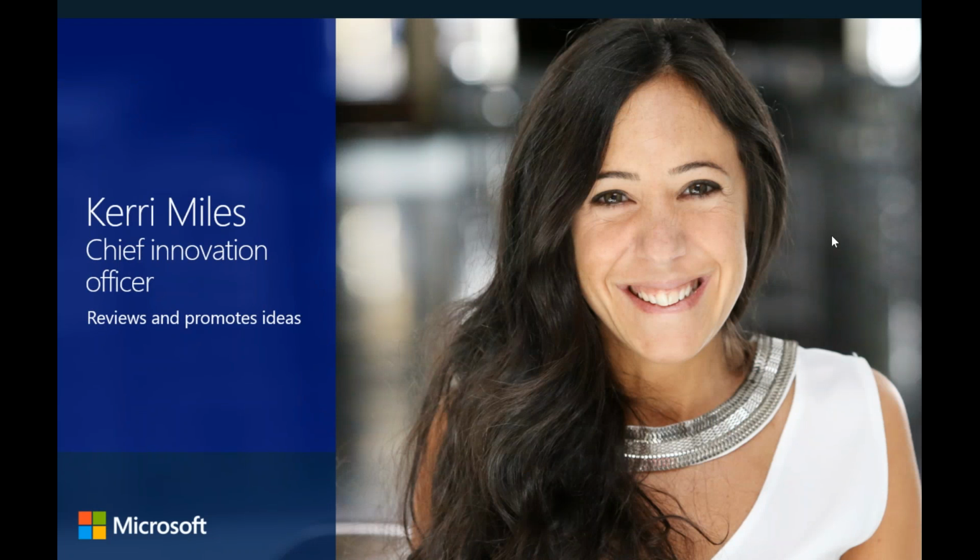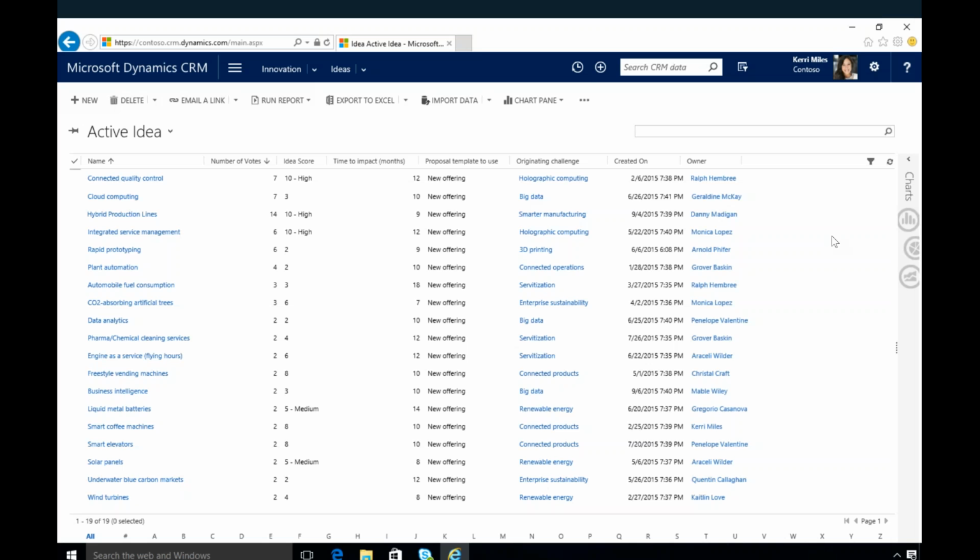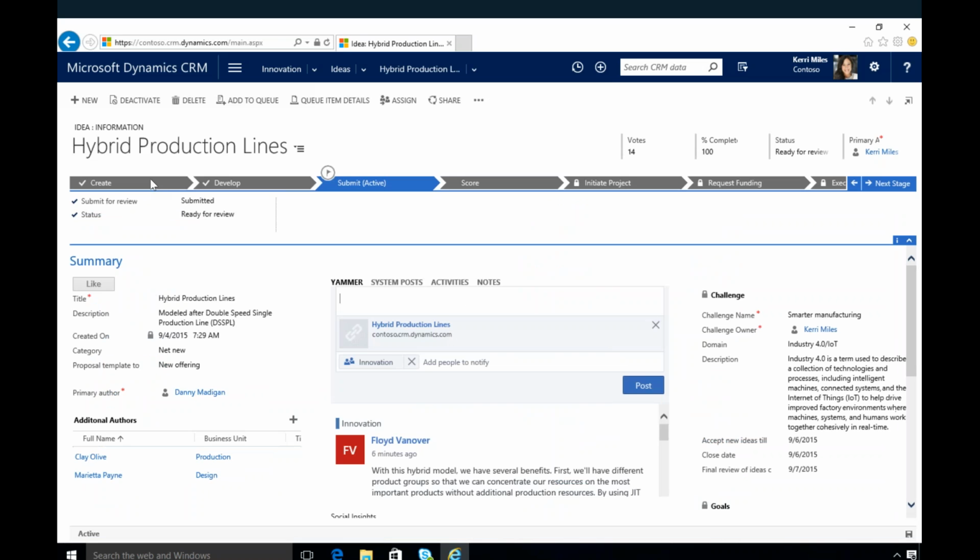This then goes back to Carrie, and Carrie can review the ideas now, and she can see what's been submitted in response to her innovation challenge in order to find and promote the best projects. So here she's taking a look at the activity ideas, and Carrie can actually sort by the number of votes. If you remember before, everybody was able to click like. That was actually tracked here, and it allows Carrie to sort and to find out which ideas are the most popular. You can see here that the hybrid production line is the most popular, and so she goes ahead and